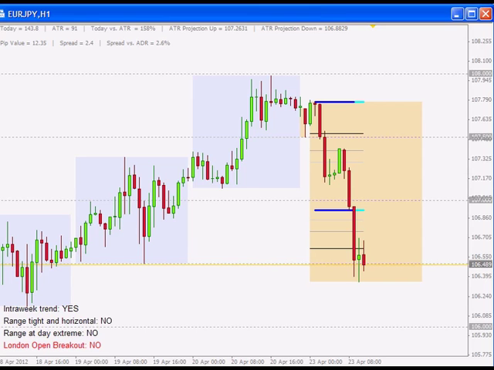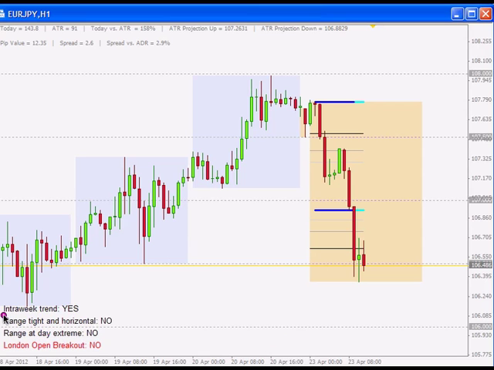This indicator basically runs some mathematical formulas in order to determine whether the three pre-entry requirements for the London Open Breakout strategy actually apply or not today on this specific currency pair. Remember, you have to apply the indicator on the 1 hour time frame, since that's the setup chart for this strategy. Alright, so the indicator basically, like I say, runs some mathematical formulas under the hood